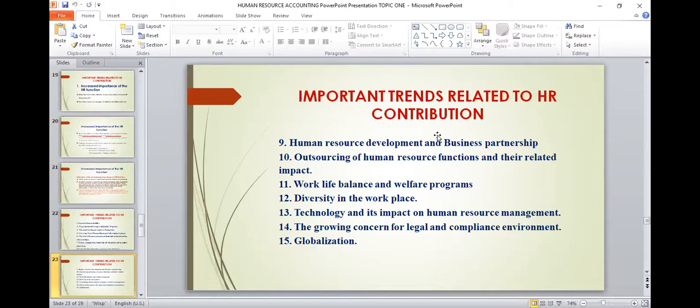How do we deal with all these diversities at the workplace? It needs an expert. It needs a strategic business partner and a bottom line business decision maker to give meaning to this. Technology, something that you can never avoid. There are introductions of robots. Robots are taking over some of the roles in the business world. How do we manage the challenges that come with technology? Some people are losing their jobs. Some roles are being merged. Some are becoming redundant and useless. How do we deal with all this?